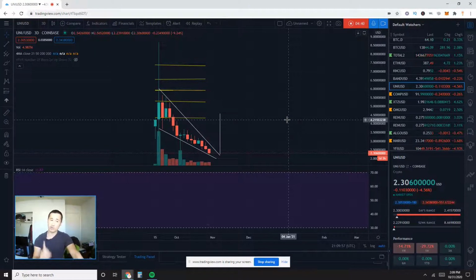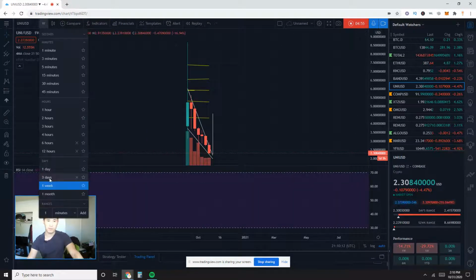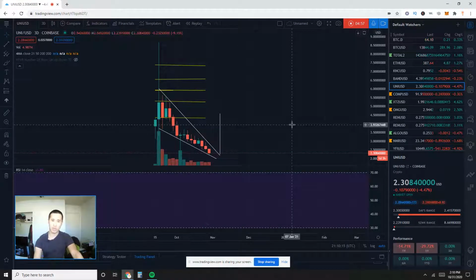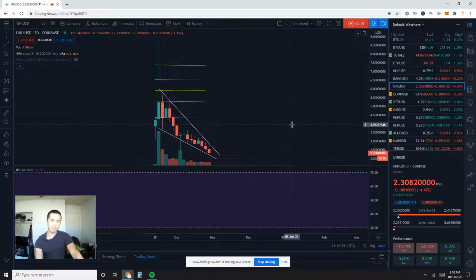Now let's take a look at UniUSD. On the 3-day chart, where we are actually getting an RSI reading on a higher time frame, actually on the highest time frame possible, because on the weekly chart we're not seeing anything yet. This is on Coinbase. On the 3-day chart, we can see that the RSI is approaching oversold territory. That's some kind of a signal that this may be reversing,